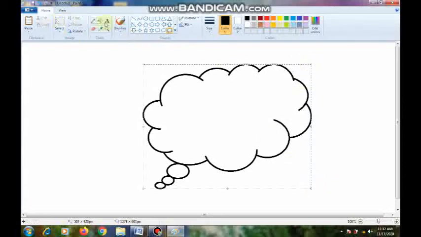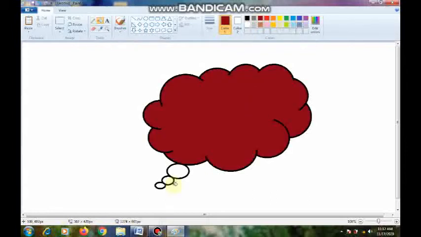Here I want to give this cloud red color, and here I am giving one yellow color, one green color and one orange color. Like this I draw. This is my picture. Now how will we cut and paste?